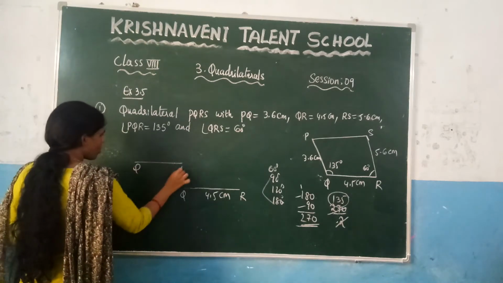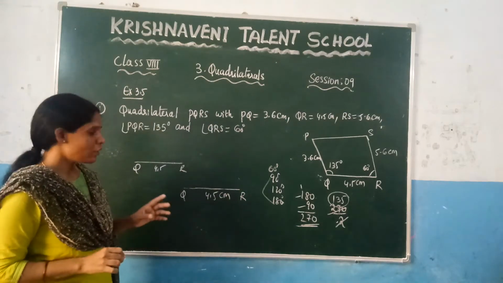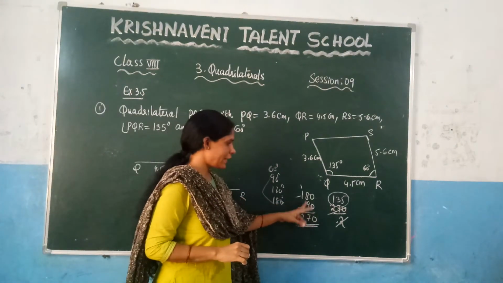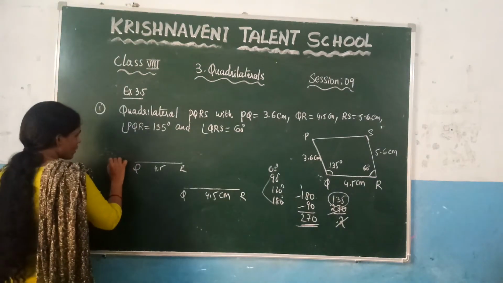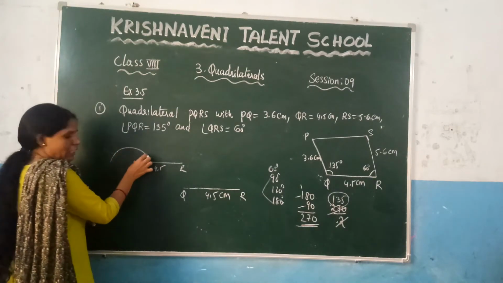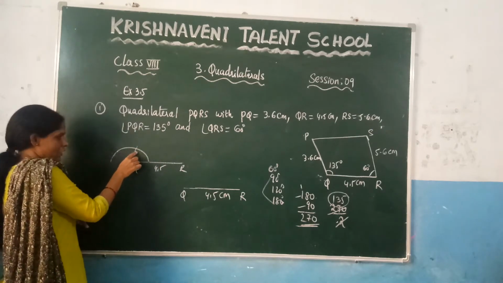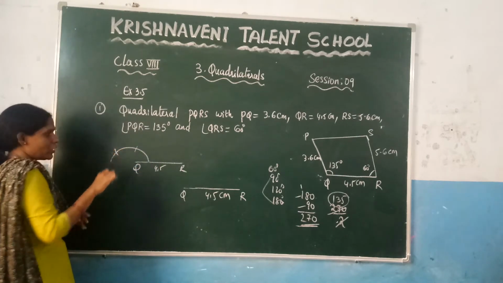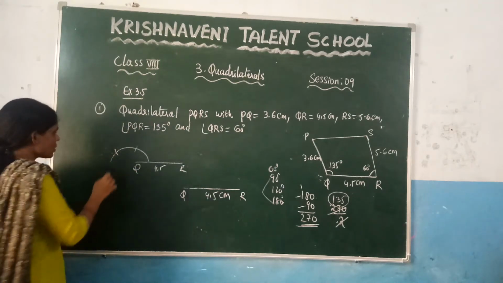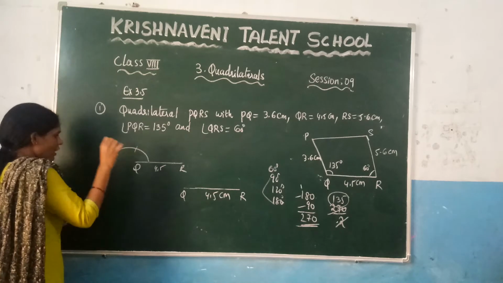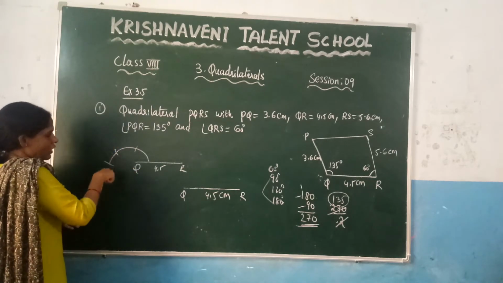First draw 4.5, and after that you need to draw 90 and 180. Let us draw 90. How to draw it? Just like this, you need to take 1 arc, right? And without changing the compass, make 1 arc, this is 60, and again at this point make one more arc, this is 120, and again at this point make one more arc, which is 180. This is 60, 120 and 180.